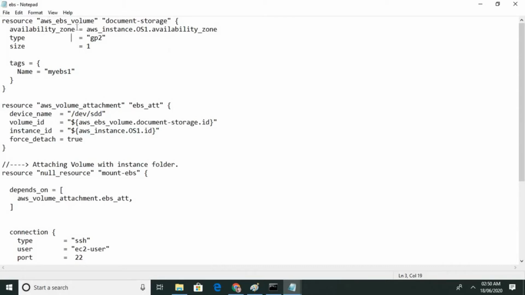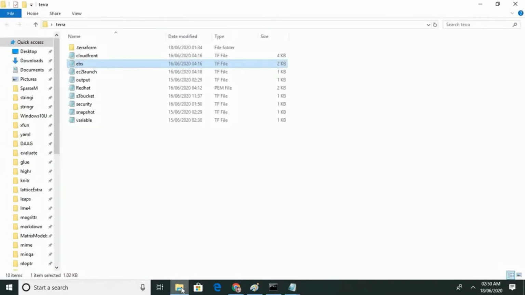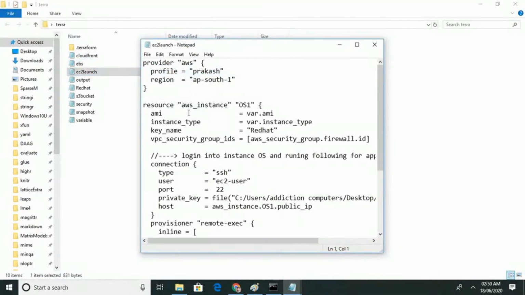Now where do you want to create this EBS volume? The AWS instance which we have just explained to you, there you can see here AWS instance OS 1.